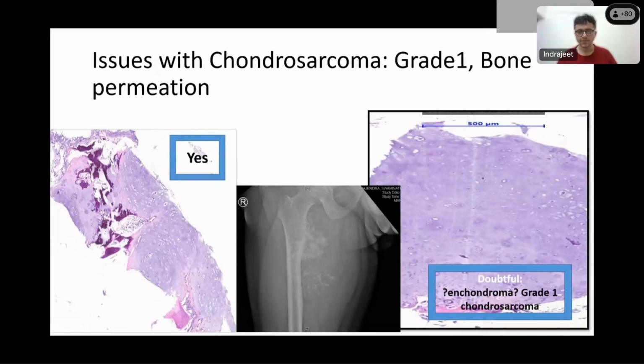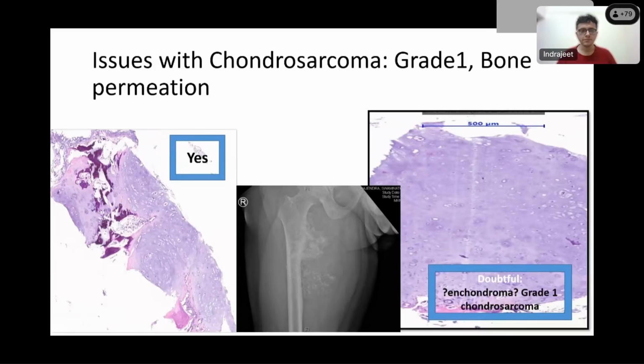But in fact, it will be very instructive, I think, to share with the entire group a consensus meeting that we had last year for chondrosarcoma across the world, where we had these same problems. Now across the world, most groups which deal with chondroid tumors coming from the bone are moving towards